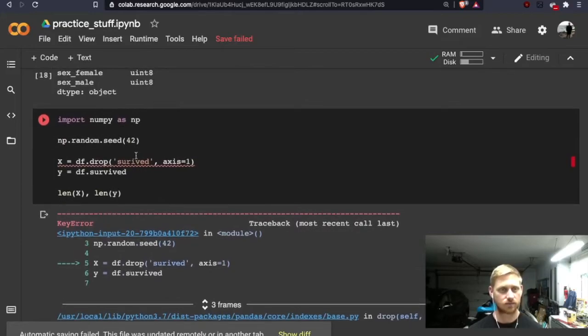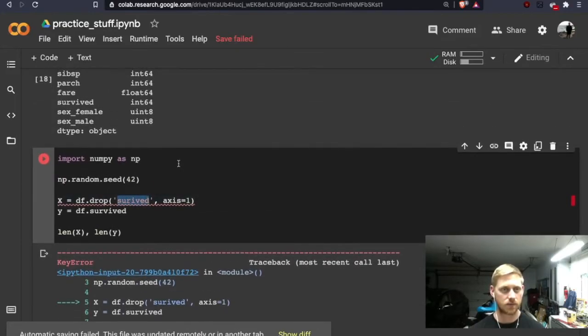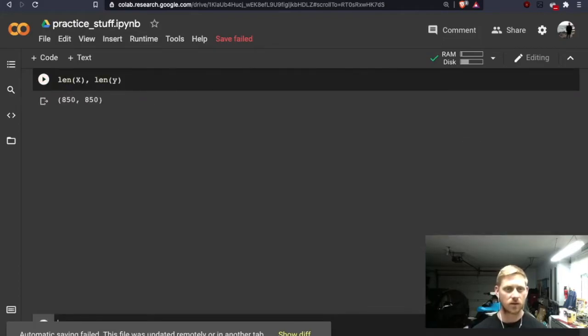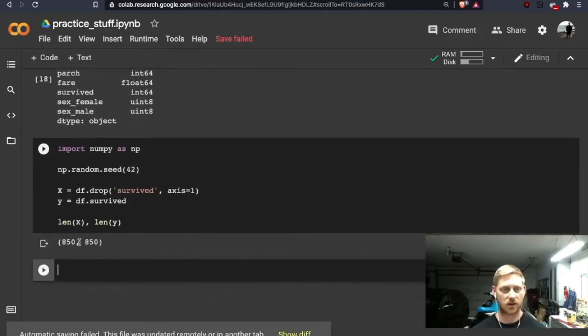Survived. And then they both have the same length right here. So now that we have our x and our y, we'll go ahead and split the data again into training and testing. So x train, x test, y train, y test